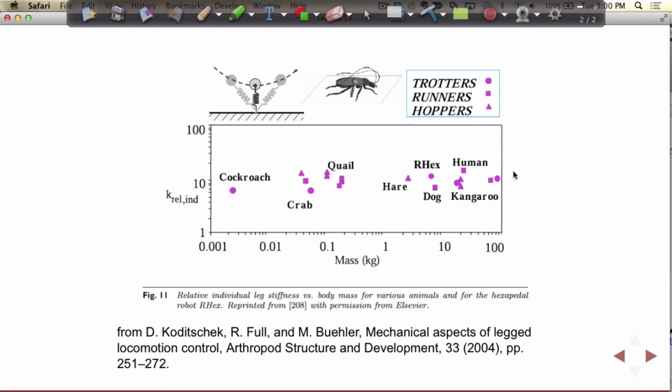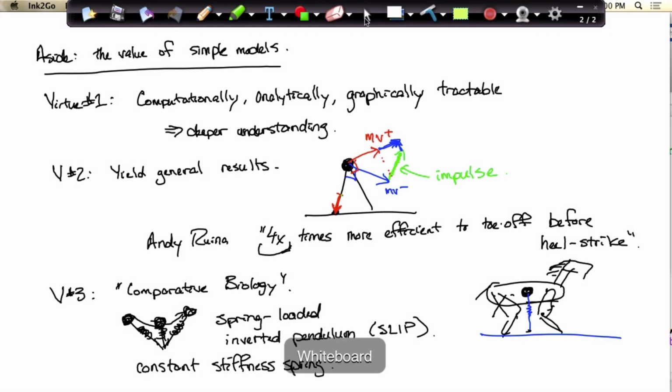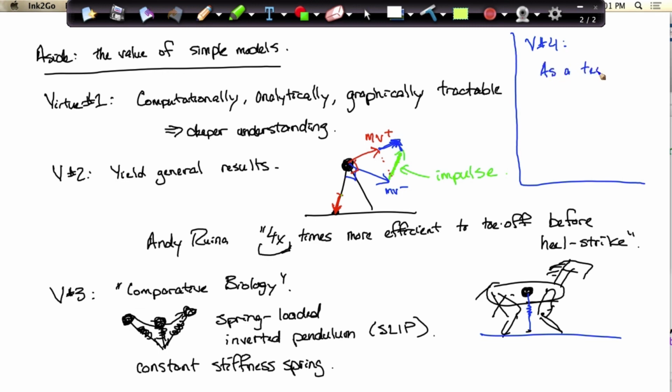And sort of the last virtue is one that I want to say carefully, and so I'll just put it in the corner because I want to say it carefully, right? Because some people use this as a template for complex robots. And I'd say the jury's still out whether that's the right thing to do, but